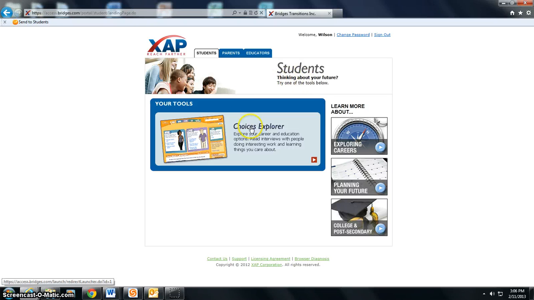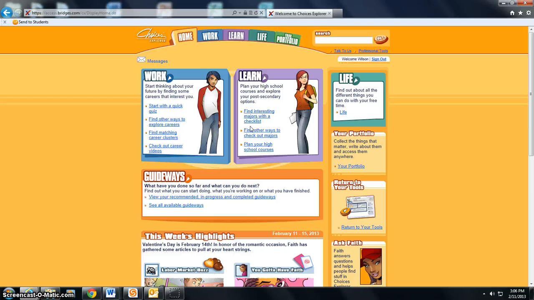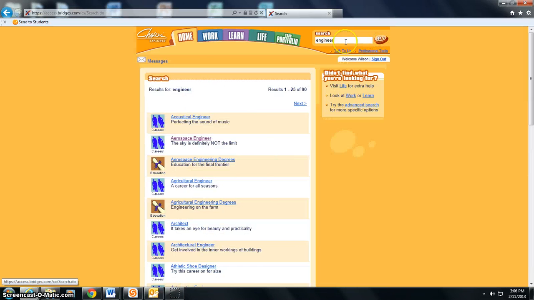You want to click on Choices Explorer, and you'll also see there is a search you can use in the top right-hand corner. So click on there and type in Engineer. That is ENGINEER. Once that's typed in, you hit Go. You'll notice that there's a bunch of options that you can choose from: acoustical engineer to athletic shoe designer, architect,